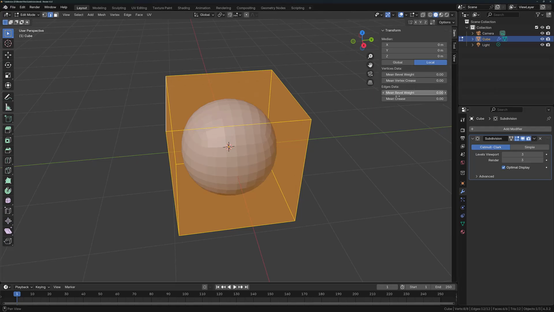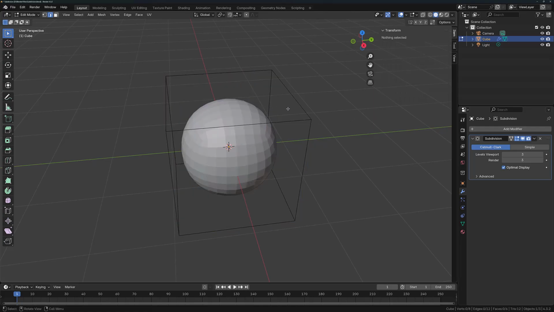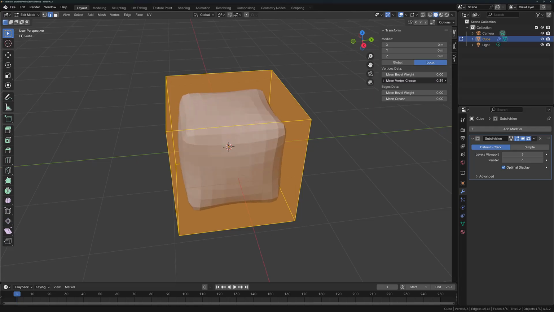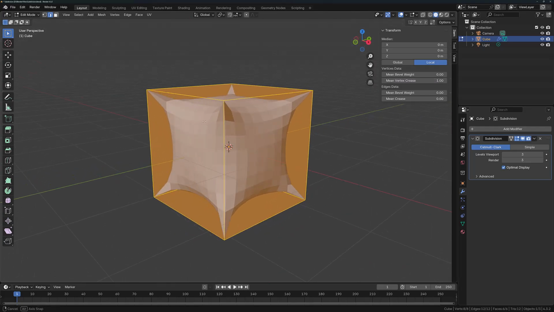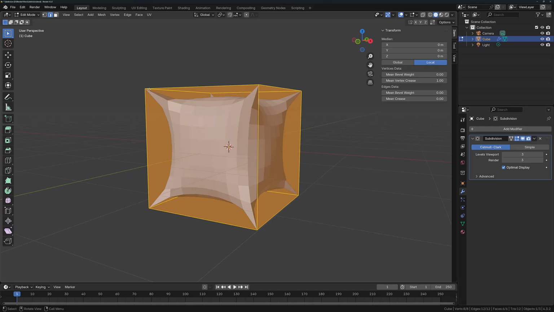The difference between the two is that the edge version of this parameter is going to affect the geometry from one vertex all the way to the next and all of the geometry in between. However, the vertex crease is designed to work with the vertices related to the corners of our model specifically. So if I was to select everything and increase the vertex crease value, we'd end up with a very pointy effect, as the vertices that resemble the corners of the cube would be branched out all the way to the edge